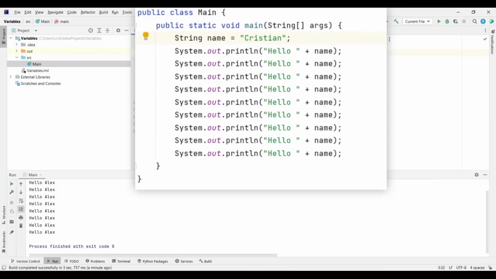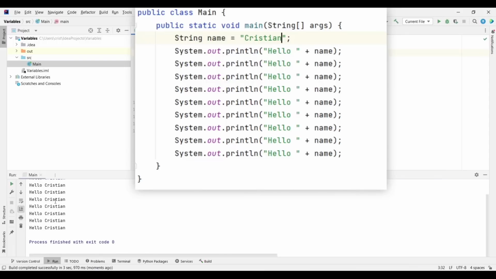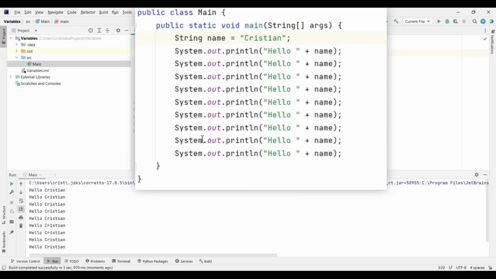And now when I run this, it will be reflected in all the places where the variable is used, as you can see. So now it's saying hello Cristian in all the places where the variable is used. This type of variable, string, can only store text.